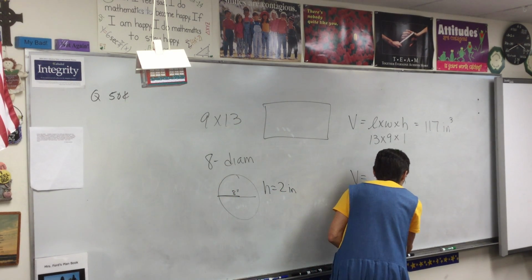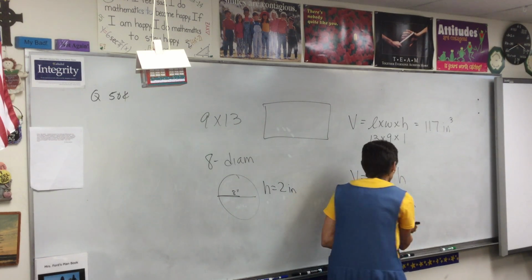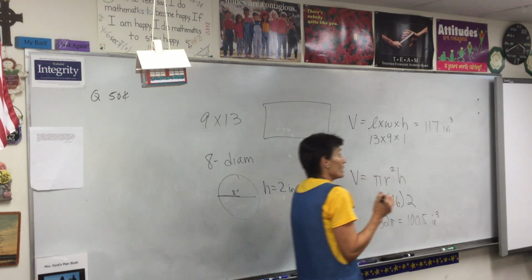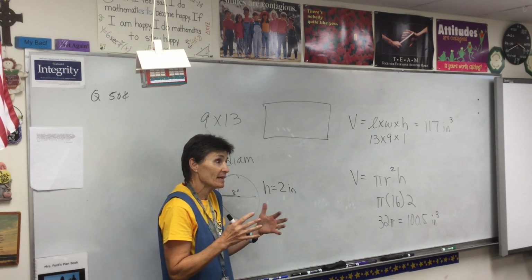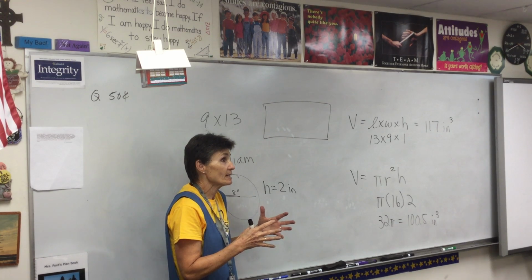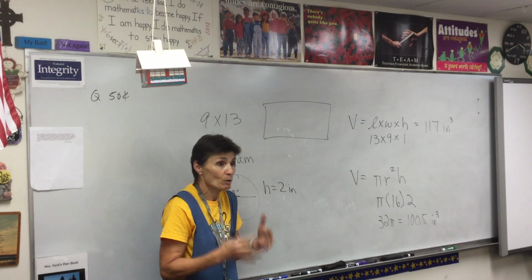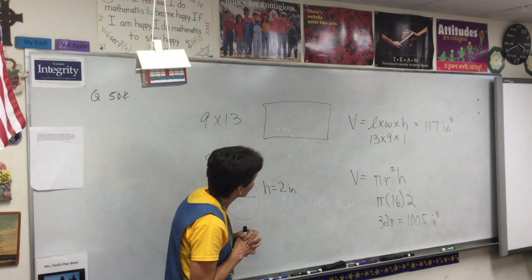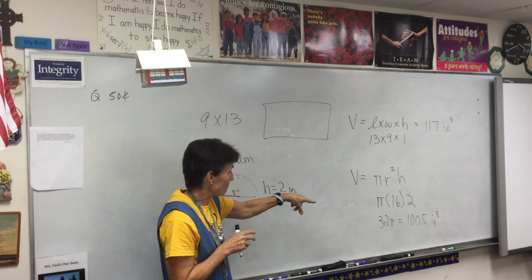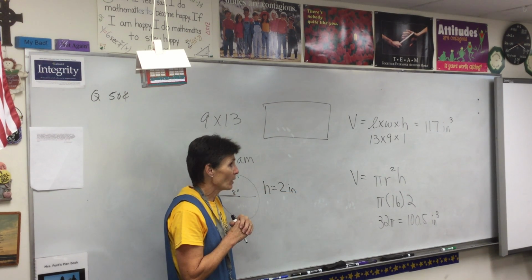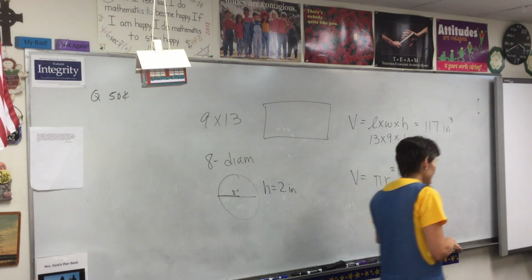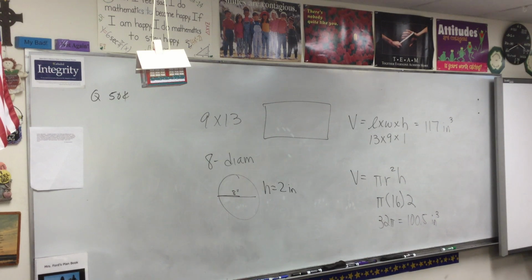Who's got a calculator out? 100.5 cubic inches. So if you are not caring about what the cake looks like, if you are interested in just getting the most for your money, you're going to choose the circle. Aren't you going to pick the rectangle? Yeah. Oh, yeah, you're right. Isn't that more than the circle was? Yes. All right, well, we're going to continue this discussion next time. Again, this is your very last